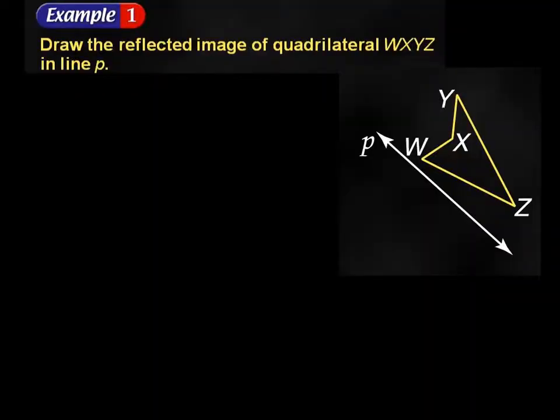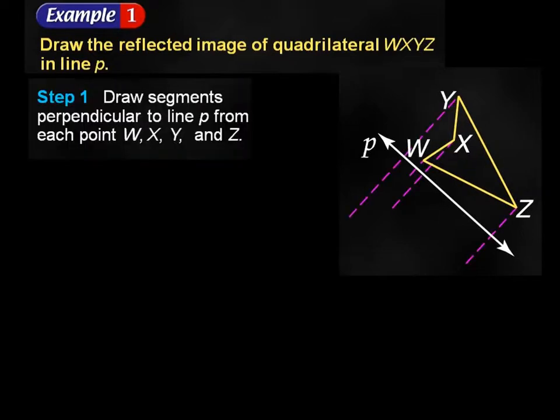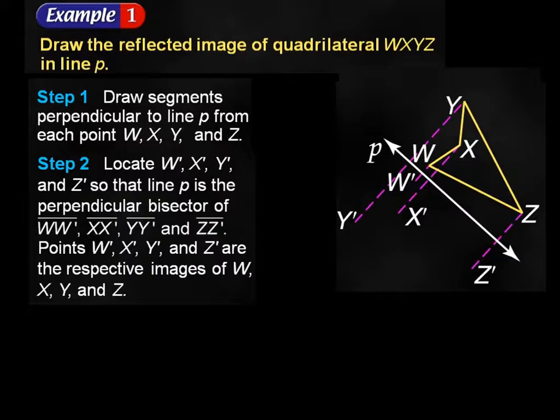For example 1, they ask us to draw the reflective image of quadrilateral WXYZ in line P. The first step is to draw segments perpendicular to line P from each point W, X, Y, and Z. Next, we need to locate W prime, X prime, Y prime, and Z prime so that P is the perpendicular bisector of each segment. Now, when I do that, I usually take a piece of scratch paper and